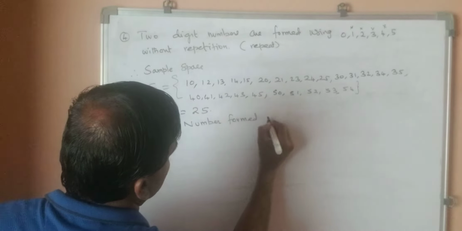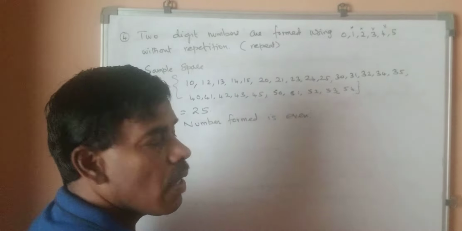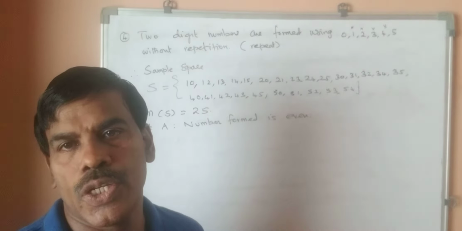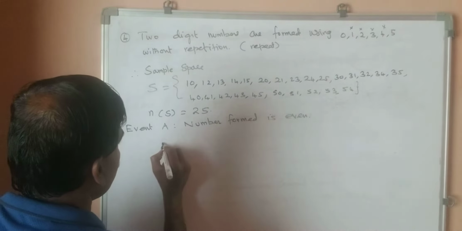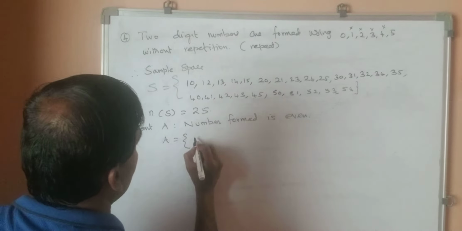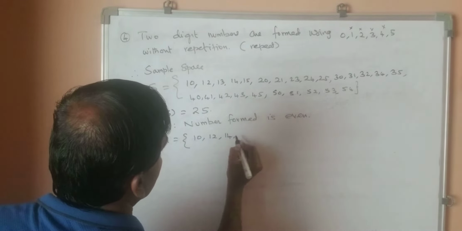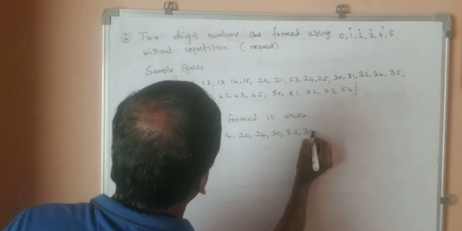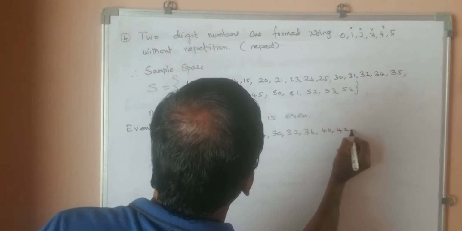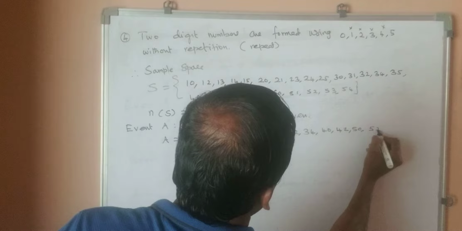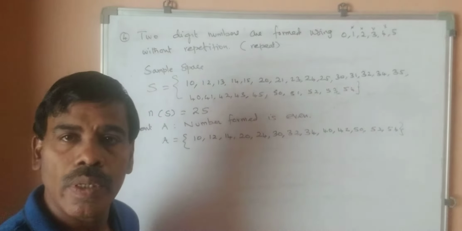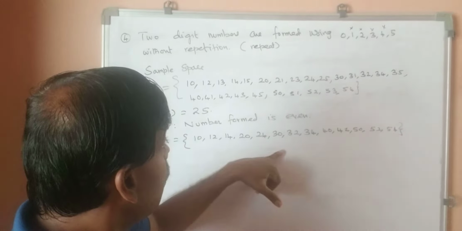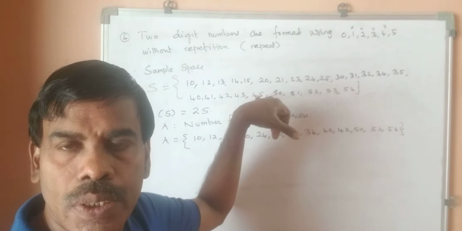Number formed is even. Even number means what? When you divide by 2, the remainder should be 0. So, A, what is that? 10, 12, 14, 20, 24, 30, 32, 34, 40, 42, 50, 52, 54. So, this is a separate event wherein the elements are taken from the sample space which are only even